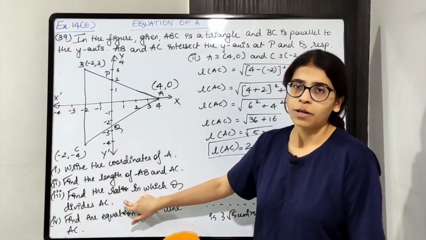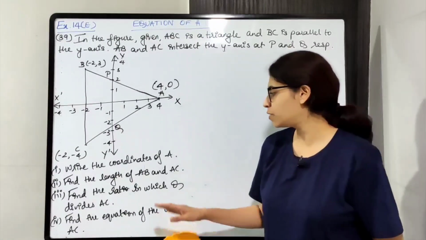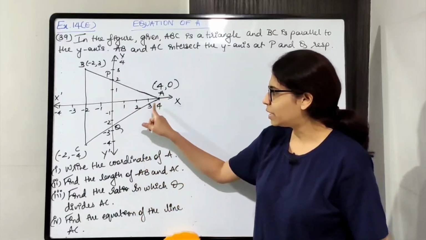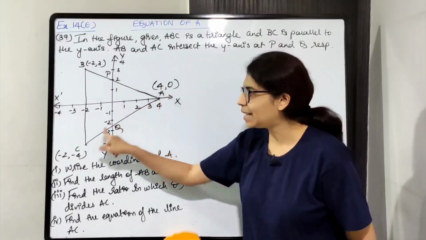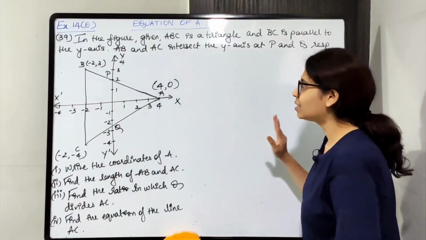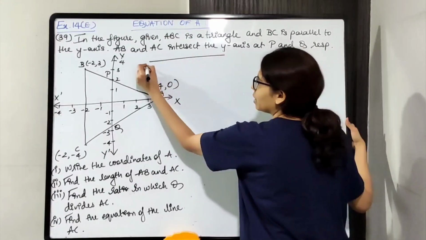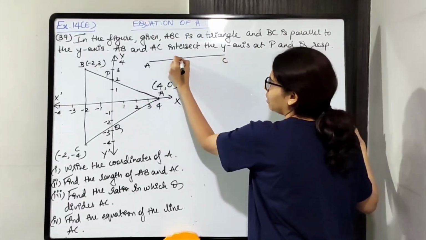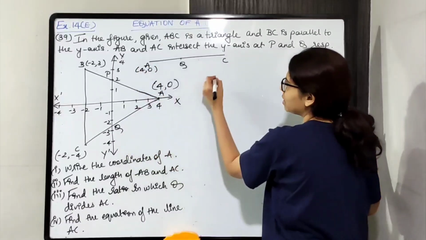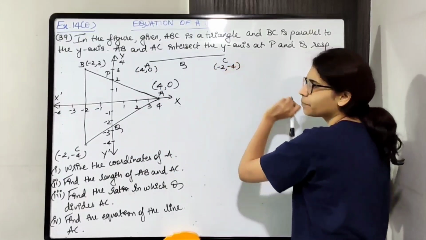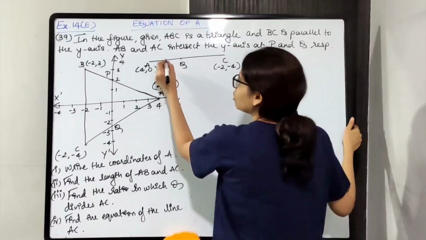Now we'll proceed to the third part of the question. Find the ratio in which Q divides AC. For third part, we need to find the ratio in which Q divides AC. So there is AC and Q is lying somewhere in between. You need to find the ratio in which Q divides AC. So A से start करना है. So it's better that you draw the segment AC separately. Okay. So AC and there is Q in between. A का coordinates है 4, 0. C का coordinates है -2, -4. Now Q is dividing AC in some ratio. Let's say the ratio is m:n.